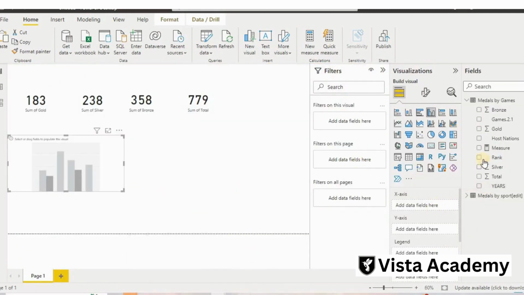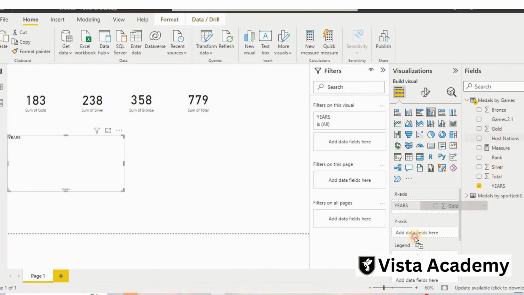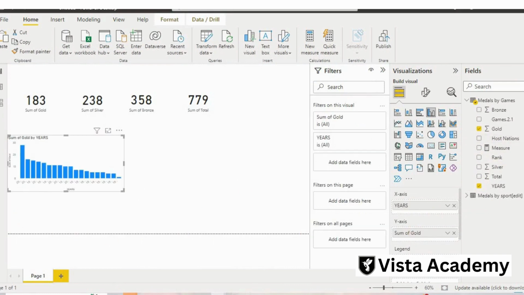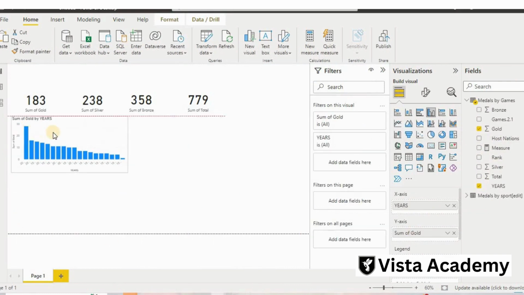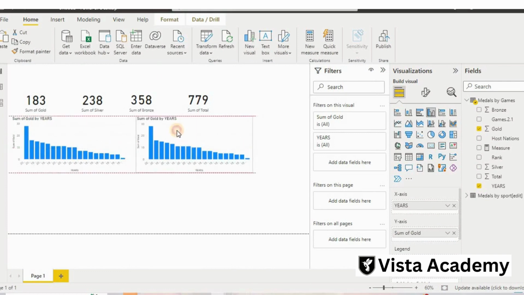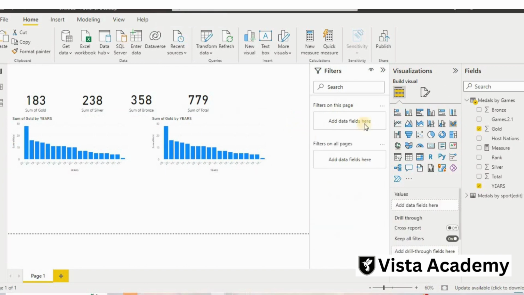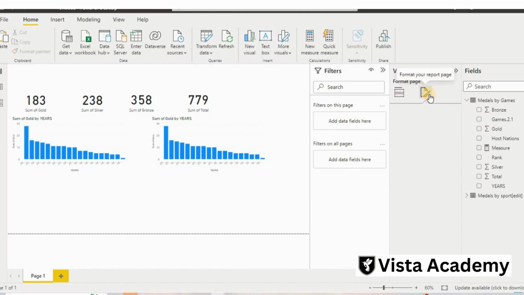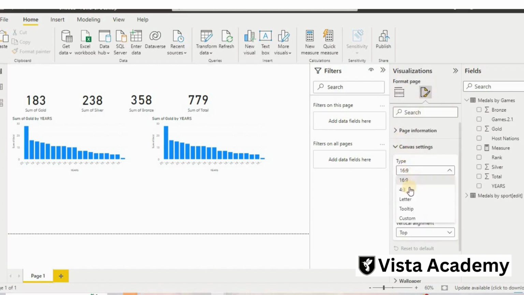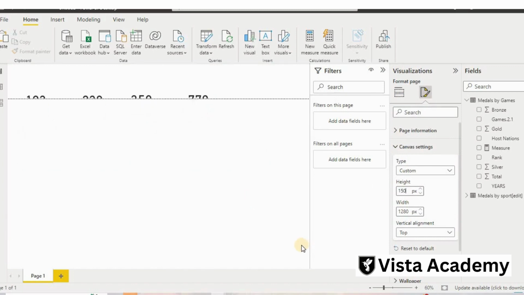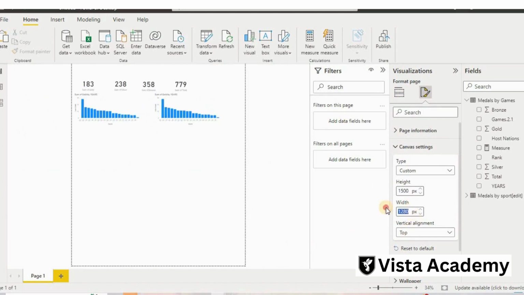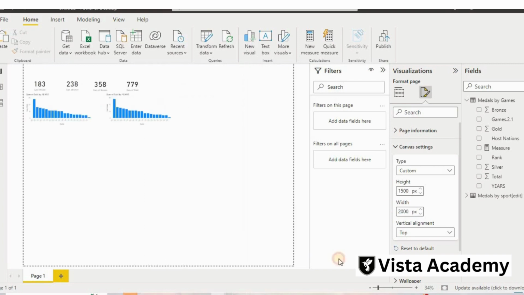First of all is our years and gold. So I will take years wise, and then here I will take golds. So we have a chart here with years and gold. I do not make any change, but copy this and put it here. My size is not so big, so I want to increase the size. I click anywhere outside, go to canvas setting, increase it to somewhere around 1500, and I will keep it to 2000. I think that much is enough for my 3 charts here.